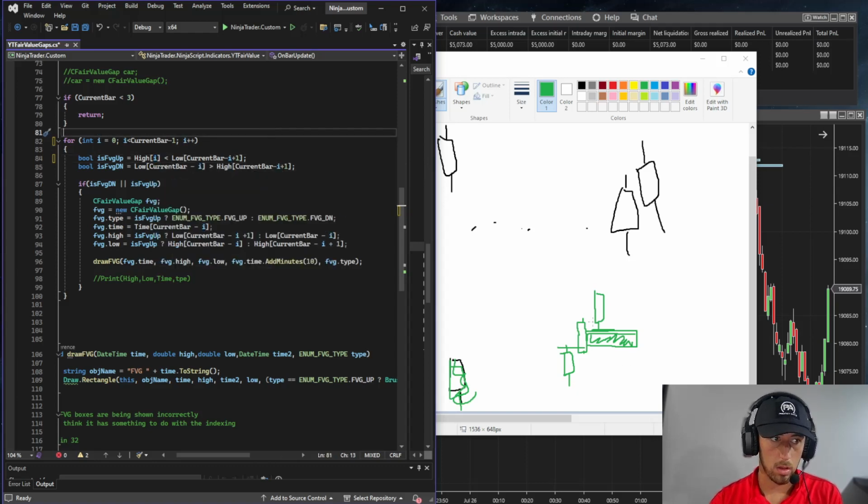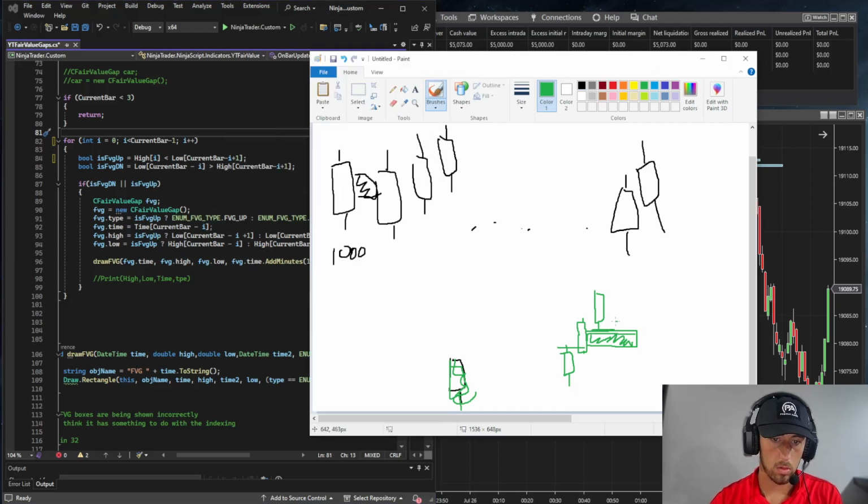So we'll do if high i, which is right here, this point. So if high i is greater than high i plus 2,